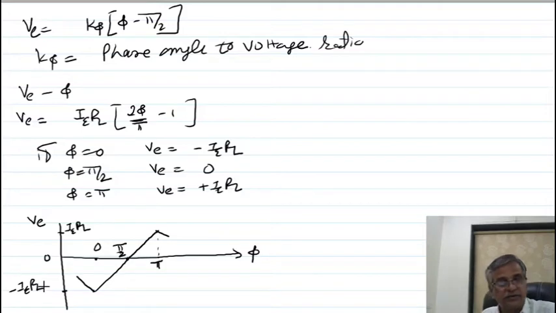So there is a linear phase relation between the phase detector output and phi. You can see here, from 0 phase the output is negative, at pi by 2 it is 0, at pi it is positive, a linear phase relation. In a balanced modulator circuit, both the problems of the switch type analog phase detector circuit are overcome. This equation shows that there is a linear relation between the output and phase angle phi, and the output does not depend upon the strength of the input signal.